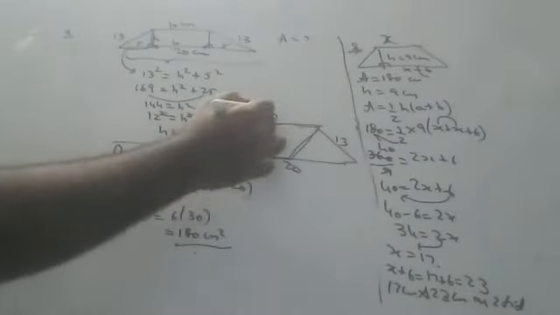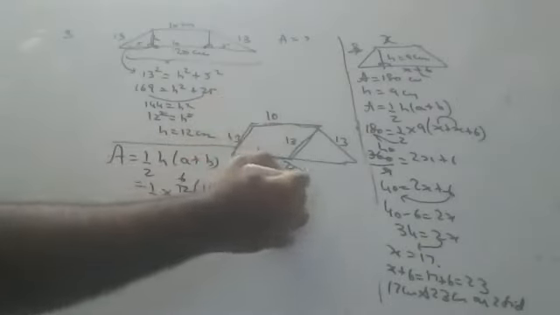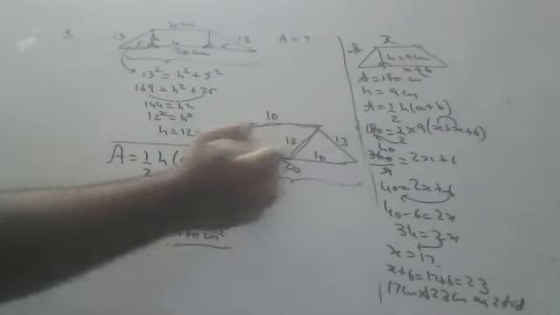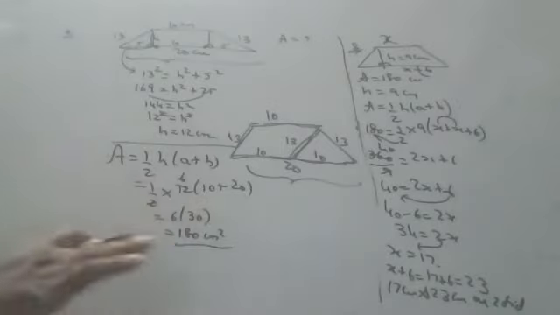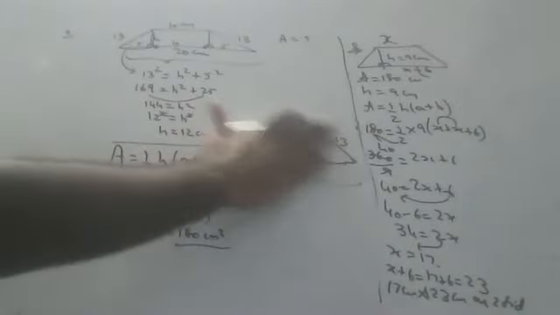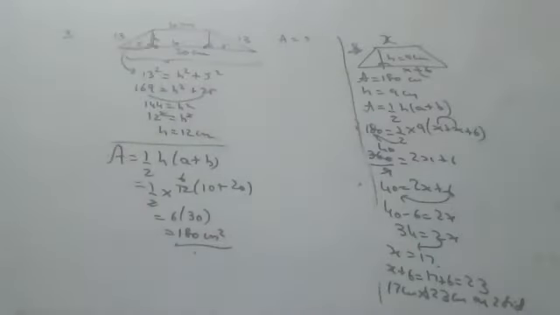If this is a parallelogram, if this is 10, this is also 10. If this is 13, this is also 13. From 20, if 10 is gone here, 10 will be here. And using the area of a triangle, there is a big procedure. I'll tell all those things in the next class. But just listen, this is the easy procedure. If both are the same, use this procedure. This is the best one, children.